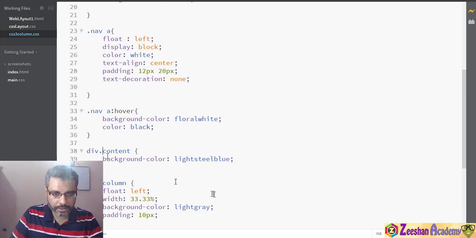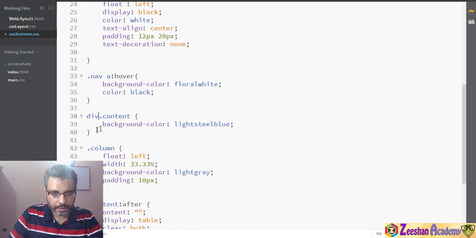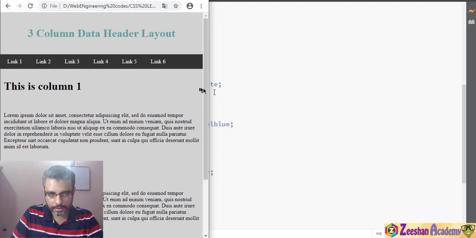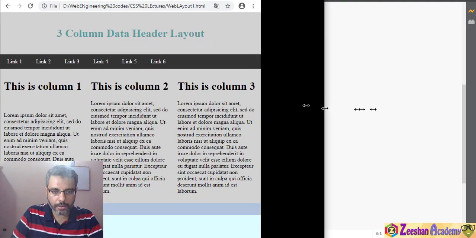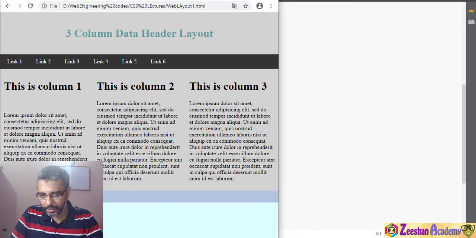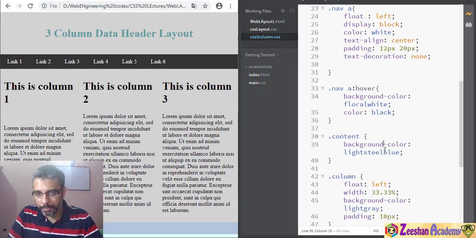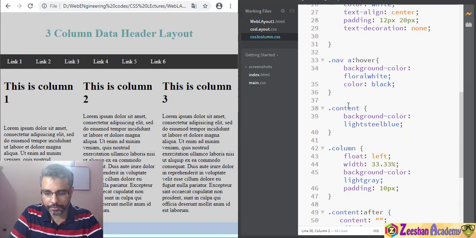Okay, let's just do one thing. Sometimes content column. If I have column and if I remove div, just use column here, and content after, Control S. Fantastic, it did it. See, it's 3 column and it goes back. It's 3 column. Hang on. Let me check this again. So what I did is basically I just removed the div in front of the content, Control S, and it's okay. So if I come back here,